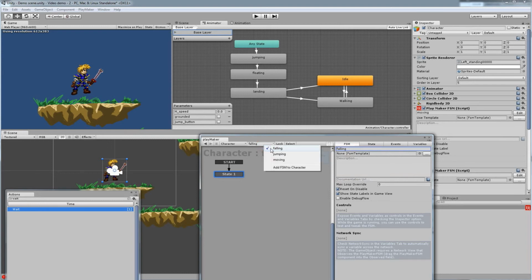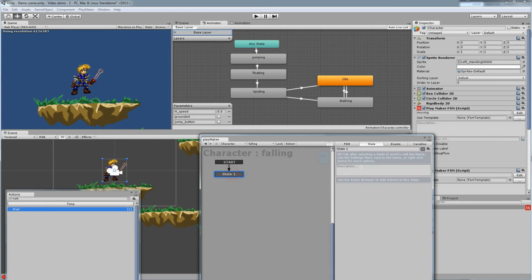So we have falling, jumping, and moving. So the falling state, I'm going to call this one check falling. And this is just the name of the state. So is he falling at the moment? And on this stage, we're going to want to transition, and this is going to be, let's add event